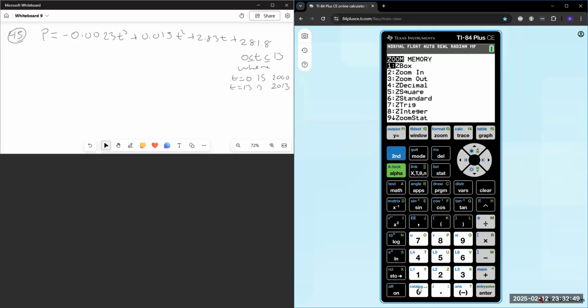Zoom out, and for the window, we want to go from 0 to 13,